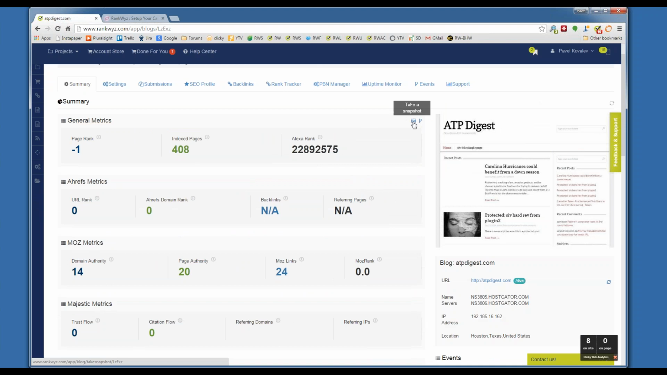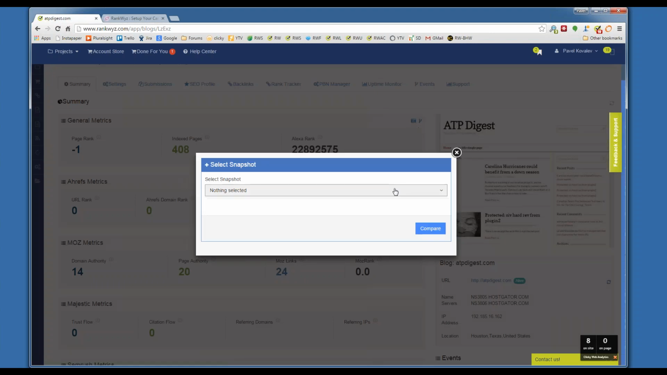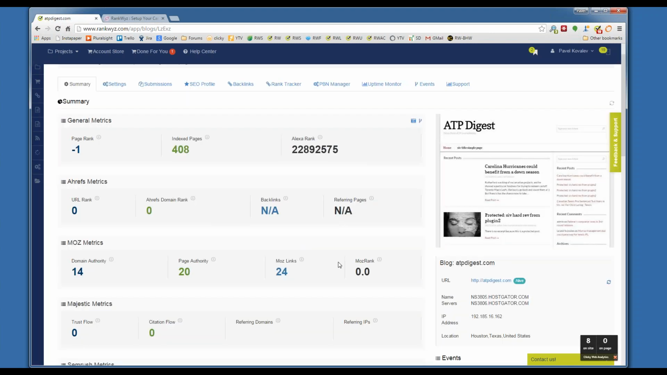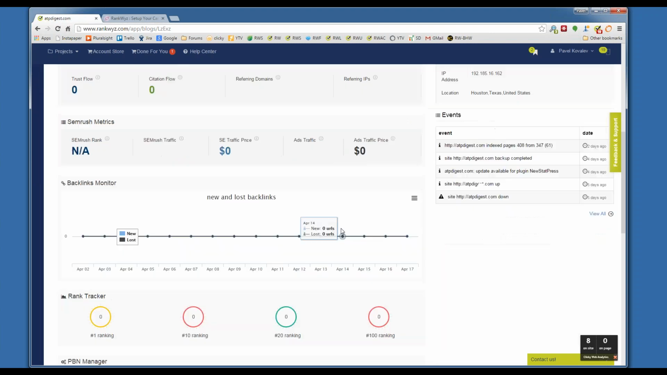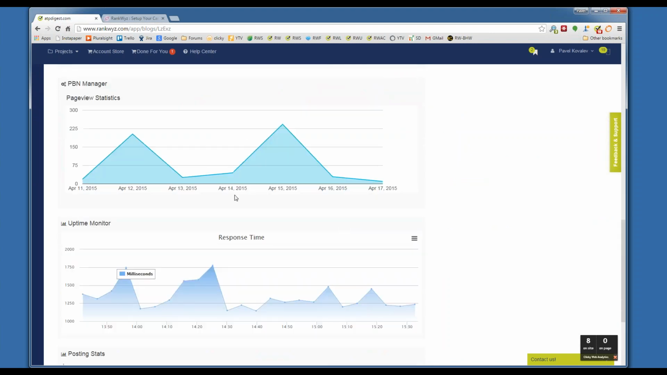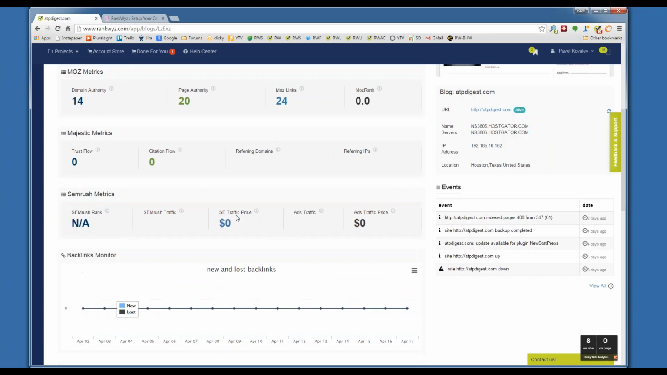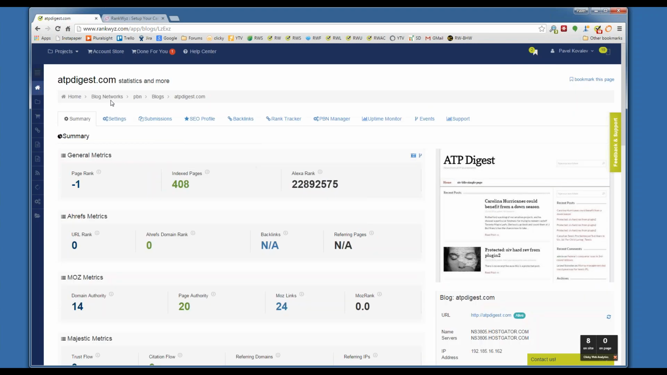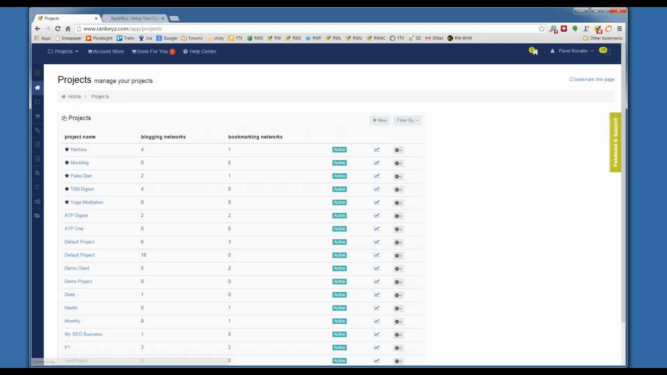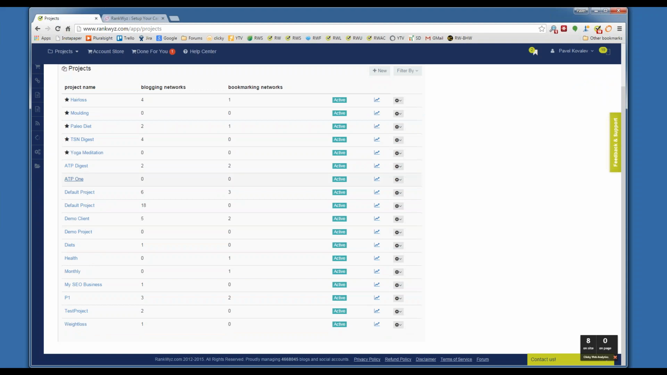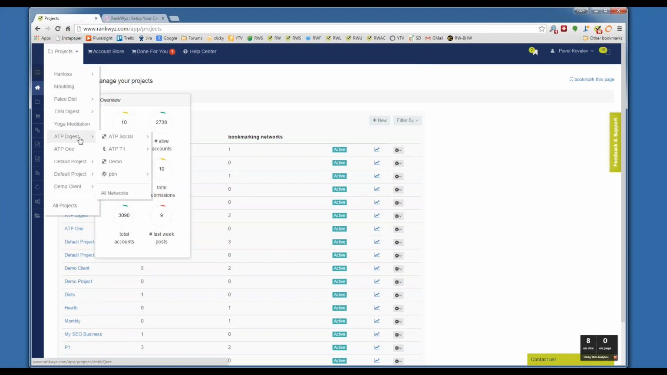We didn't advertise it yet, but you can take a snapshot of all the metrics of the blog and later compare them to the blog, and you can see the changes. We have an idea how to evolve it later in reporting. So we have PBN manager, stats, page views, uptime monitor. So basically this is the PBN network, and this is where you add your high level